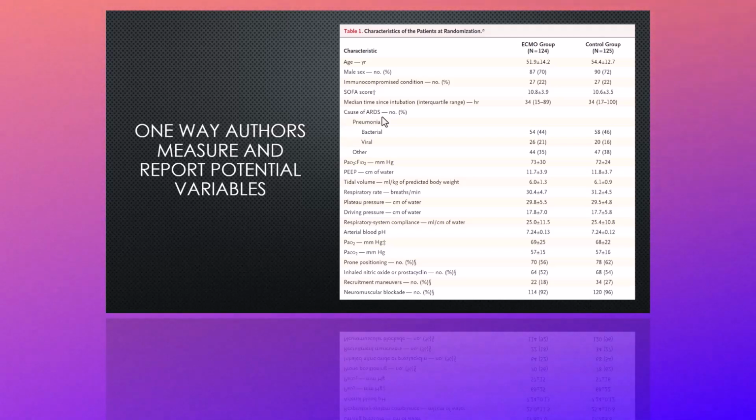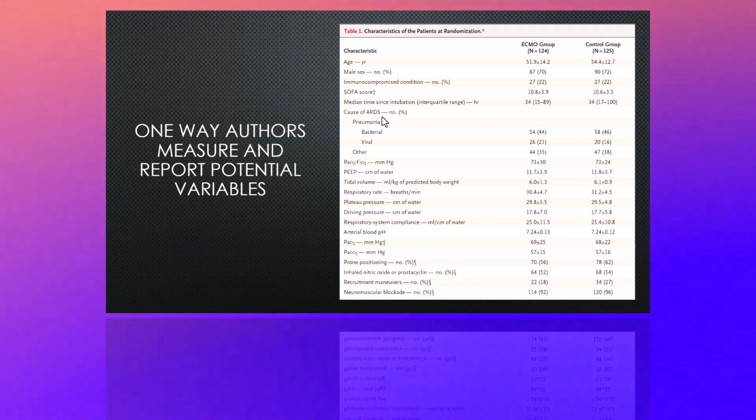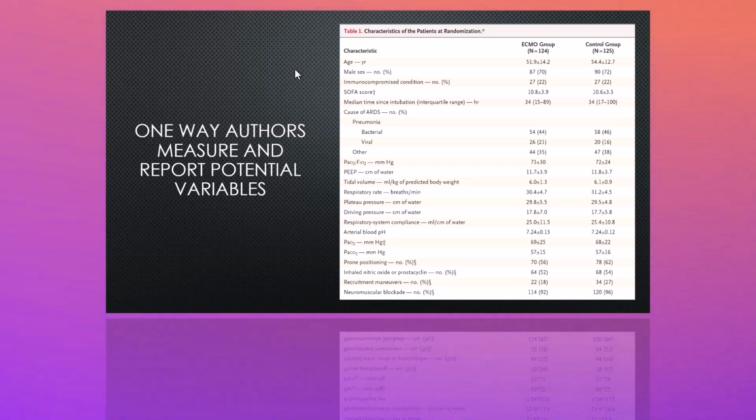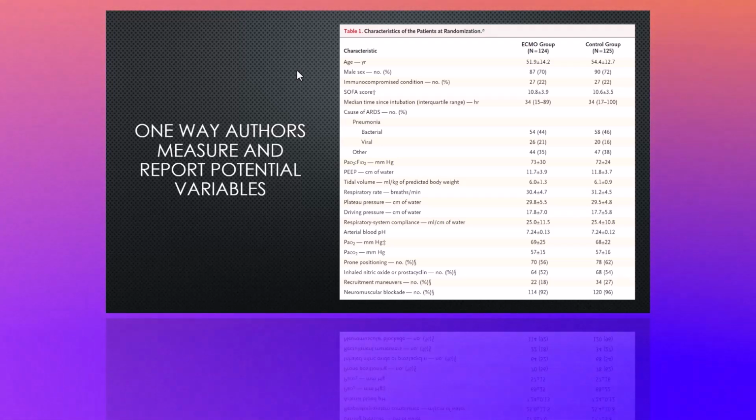I am asking myself, are any of these values significantly different from the ECMO group to the control group? And the one that does stand out for me that I would keep in the back of my mind is, second to the end, the recruitment maneuvers, significantly more in the control group. So again, a baseline characteristic table is a way to report our confounding variables and is the characteristics of the